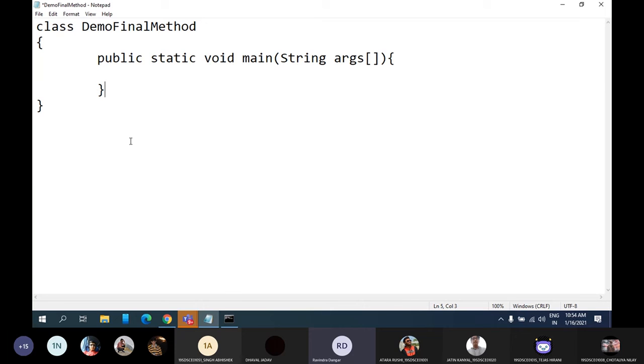So now we are going to see how we can use the final keyword with a method. Let's say I create one class A, and in this class let me define one normal method, public void print.